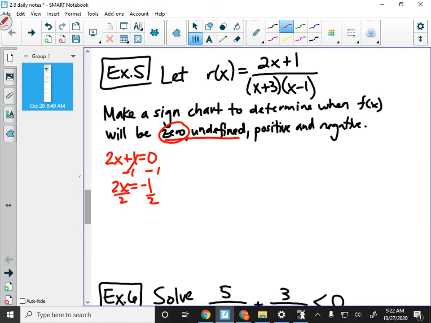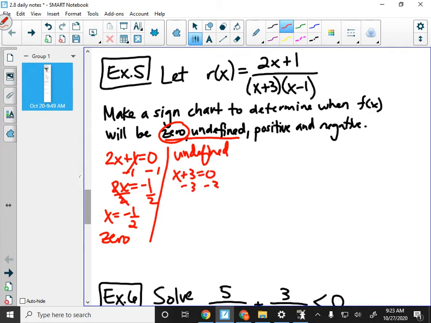Divide by 2, and I get x equals negative 1/2, excuse me. That is the only 0 for this one. The undefined are going to be when my denominator equals 0. So when I solve that, I get x equals -3,